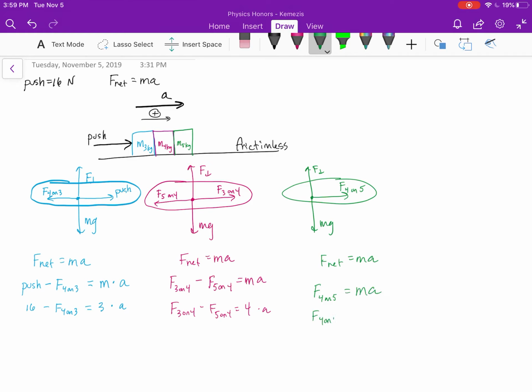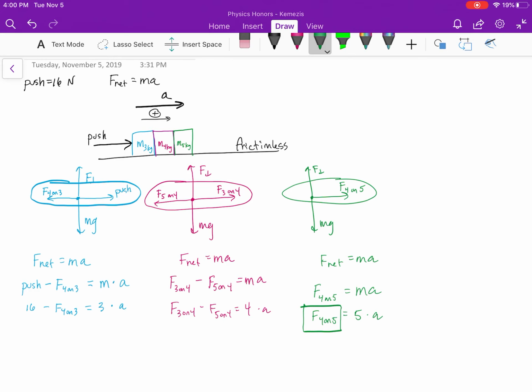We do not know that. We do not know the force of 4 on 5. We do know the mass is 5 kilograms. And we do not know the acceleration. So again, we have a dead-end equation here. And if you're looking at the question, I think it's asking for the force of the 4 kilogram on the 5 kilogram. So we could be solving for this, but before I can solve for that, I need to know something